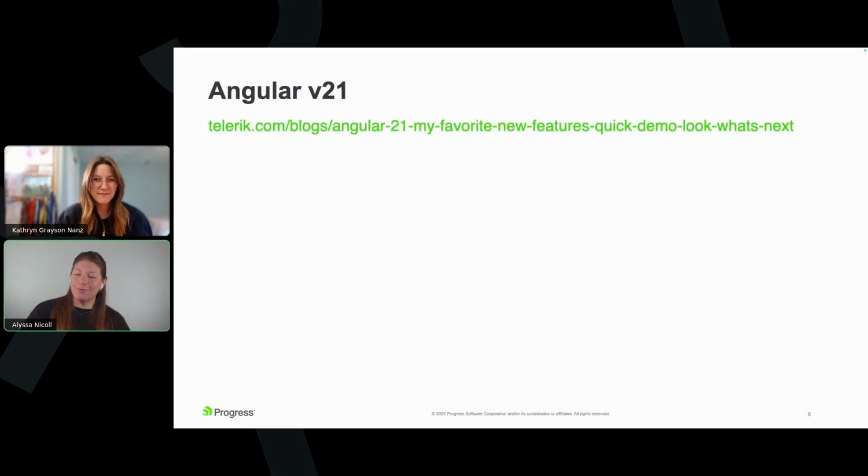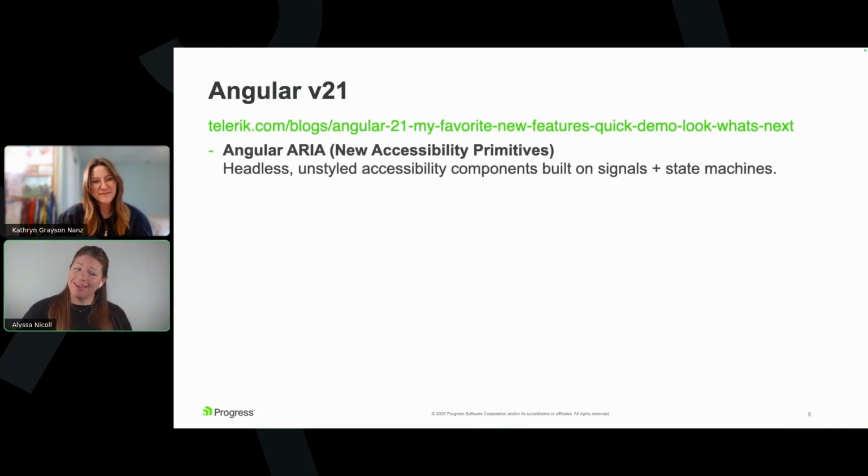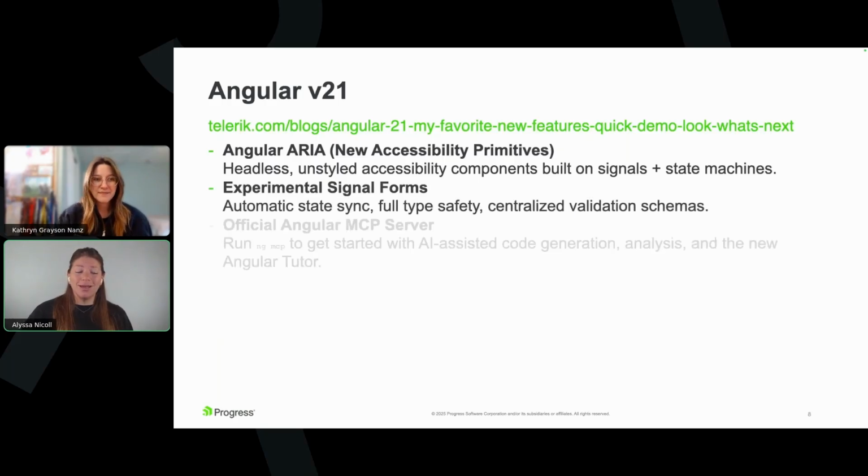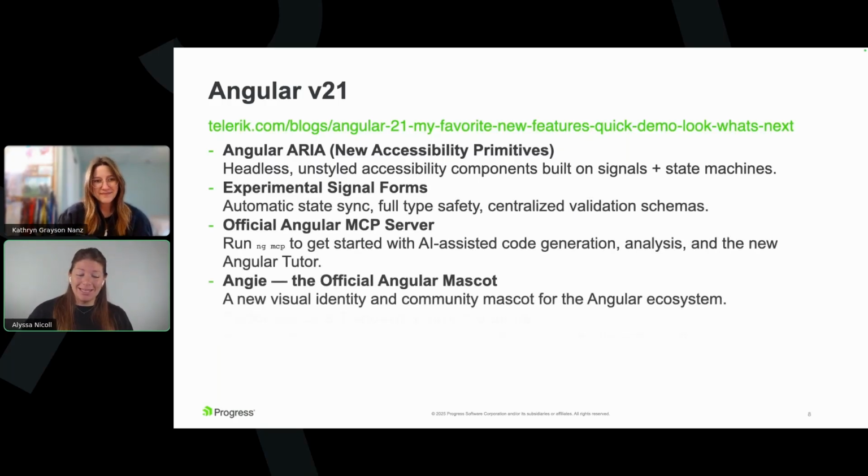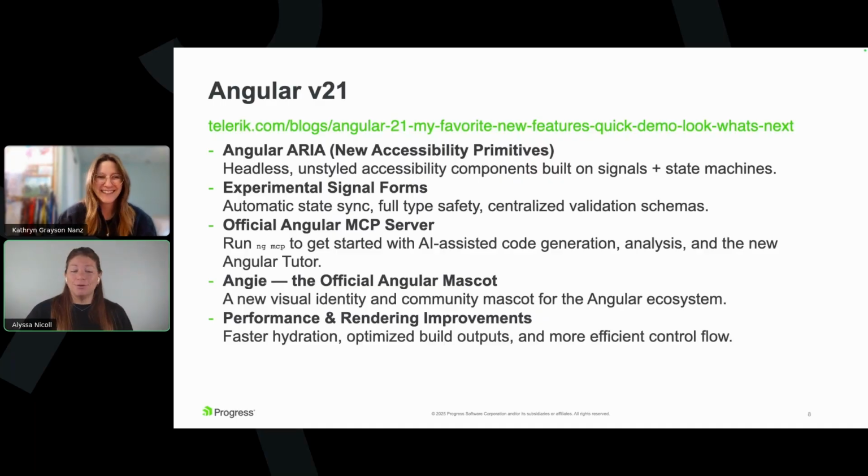So let's talk about Angular, Kendo UI for Angular, as well as the framework itself. So a couple weeks ago, I think it might have been 2 weeks ago, Angular version 21 released with so many goodies, including but not limited to Angular Aria, which are these new primitives, these very accessible directives that are styleless and you can pull them in as you need. Experimental signal forms, which I've actually talked to quite a few people who are already using them in production. So I think people are really ready for a new wave of reactivity and a way of doing forms